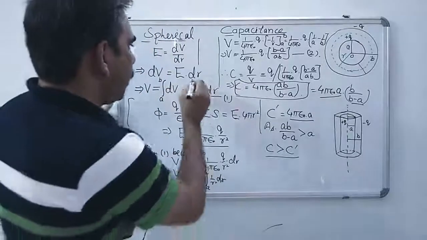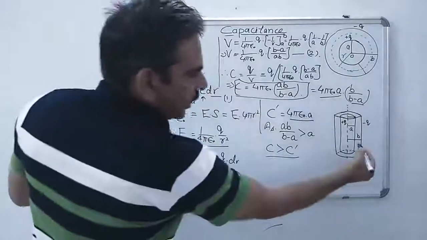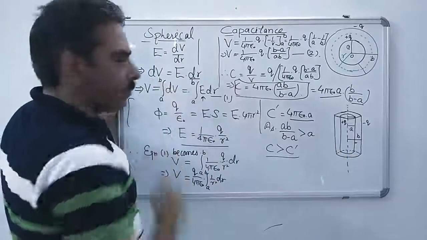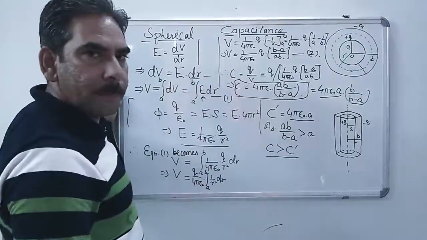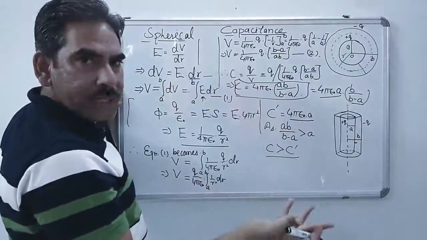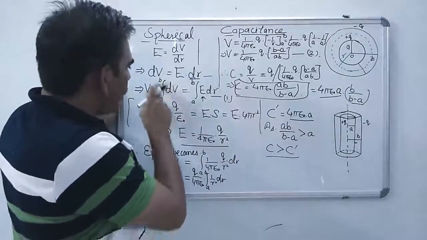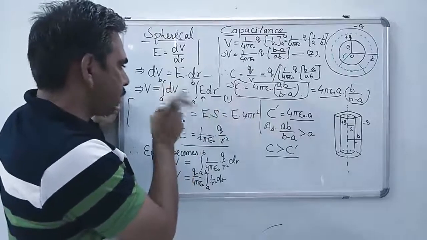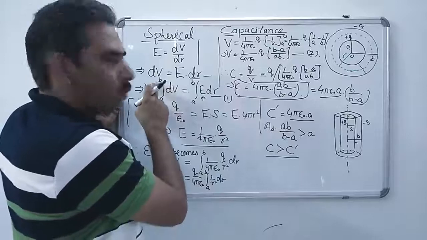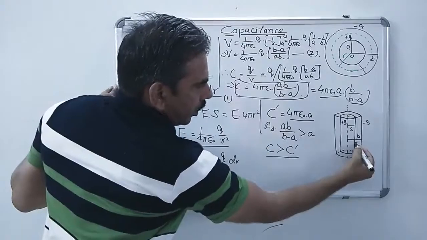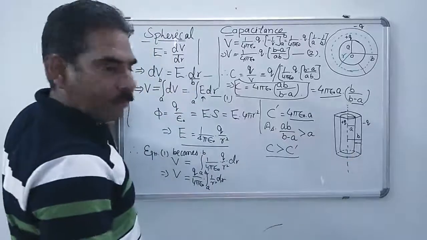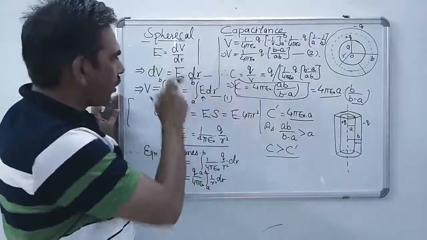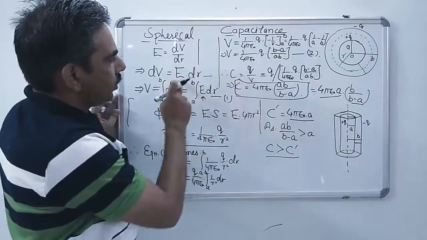So for a small change in distance from the inner surface towards the outer surface, the change in potential is dV. This is what this equation says. Then the total change in potential, or we can say the potential difference, is given by integrating all such small changes in electric potential from the inner radius A up to the outer radius B. So we integrate in the similar step. It is E into dr, as is clear from here.